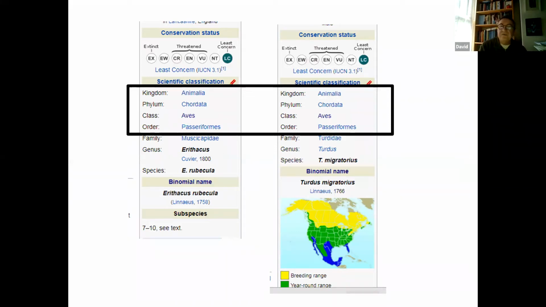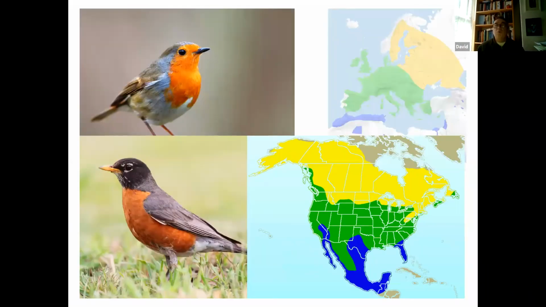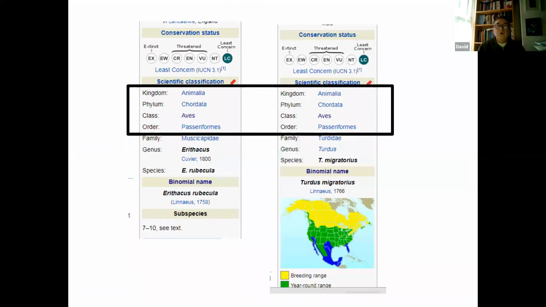The point here that struck me was that as you move up or down the taxonomic hierarchy, you have different levels of commonality between different or same organisms. So what would be useful about this is that we know the upper one there is the European robin. We'd only get it in Europe. The lower one is the North American robin, which would only occur in North America. Once you know that, the identification part is simple, but, going back one slide here, it doesn't tell you what these two birds are.